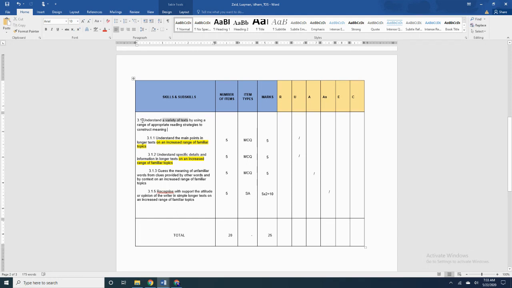Hence, when the main skill is stated in this manner, I would want to see the focus on your TOS on 2 of these aspects, which are number 1, the use of a variety of texts, and number 2, an appropriate range of reading strategies. And all of the groups which are doing these particular skills only focus on the appropriate use of reading strategies. So you forget the fact that you need to stress as well on a variety of texts. It does look like a lot of work, but actually it's not. It just needs a bit more sitting down and reflecting.